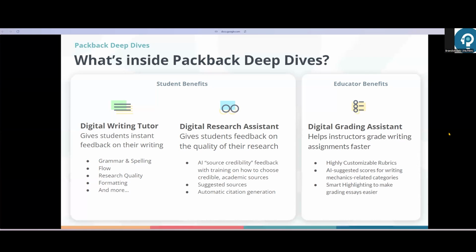Deep Dives is Packback's writing assessment tool, perfect for any writing assignment that has a rubric. Essays, research papers, even short reflections. As part of Deep Dives, students will have a writing tutor that gives them rubric-specific feedback on the mechanics portions